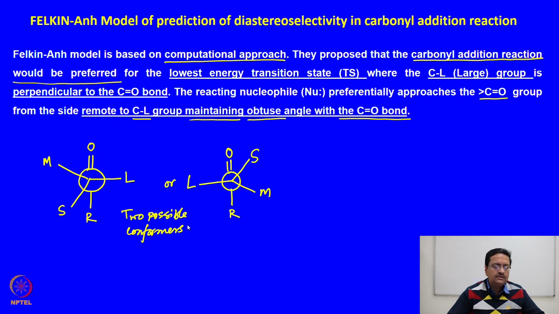So, these two different conformers are possible at the transition state, where the L group, the C-L bond is perpendicular to the carbonyl compound. So, now this conformer 1 and 2, among them the conformer 1 is preferred